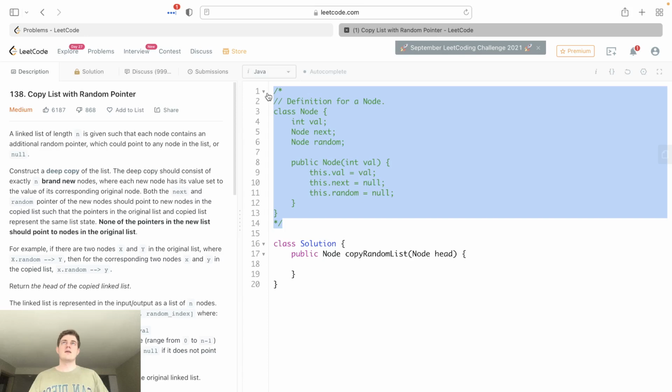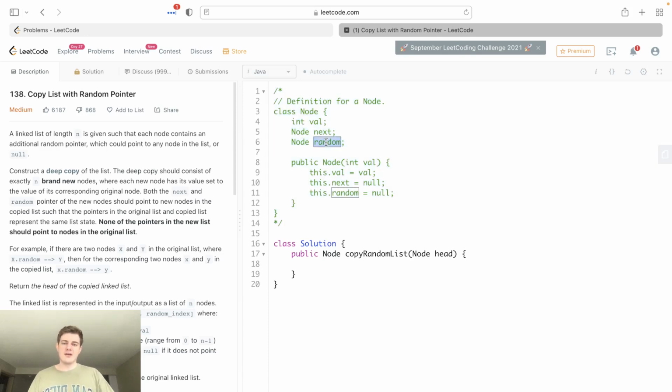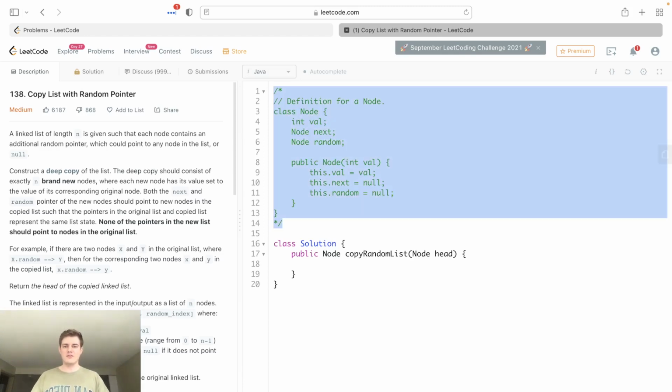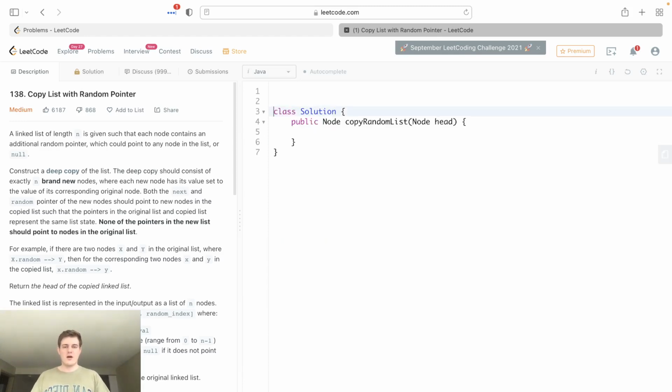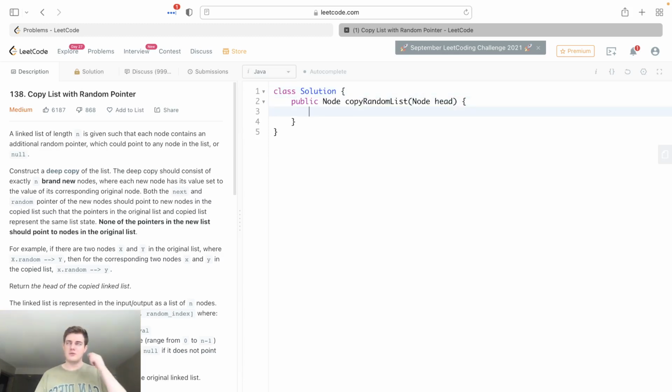So if this didn't have the random, we could actually do this fairly simple. We could just traverse the linked list and create new nodes for each node we see, copy the value over, and then return that. The problem is with this random, it makes things actually quite complicated, and you'll see what we run into in a second. So a way I'm going to explain to solve this, is I actually want to